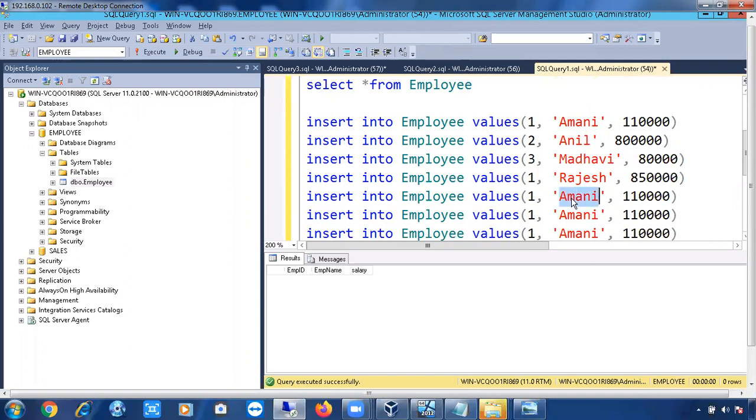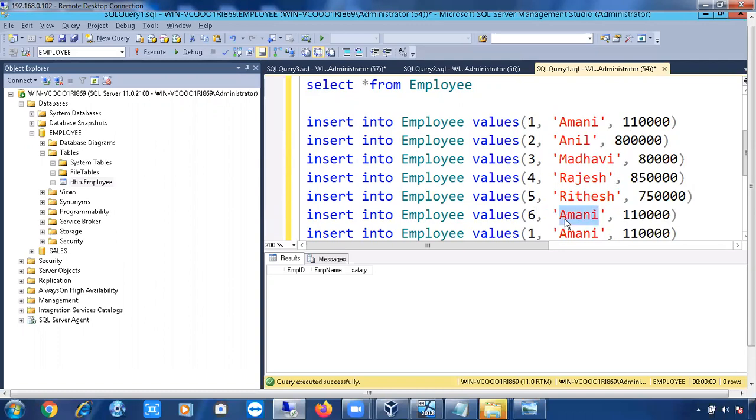And then Ritesh. Fourth record and fifth record. Ritesh, I am giving you 7 lakhs 50,000. And this is my sixth record.